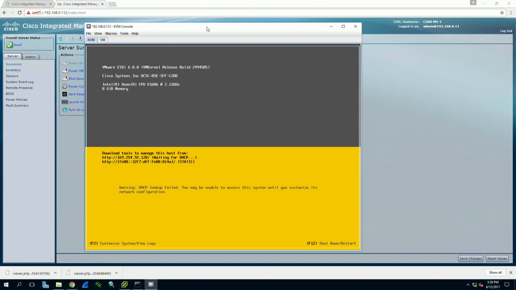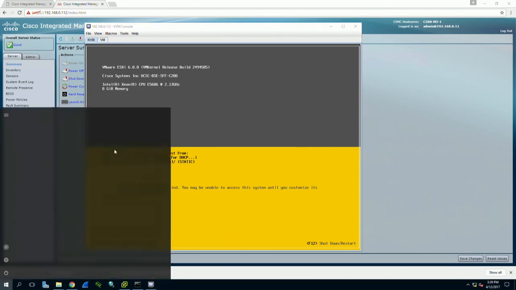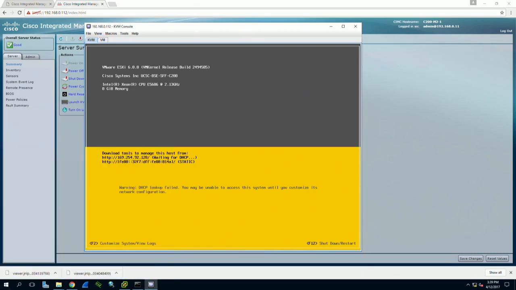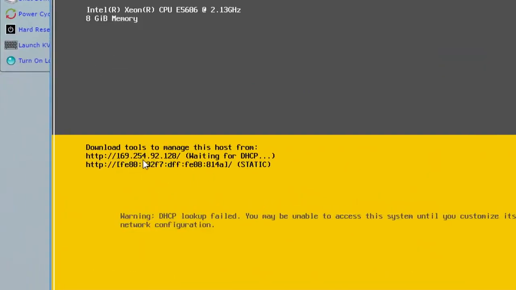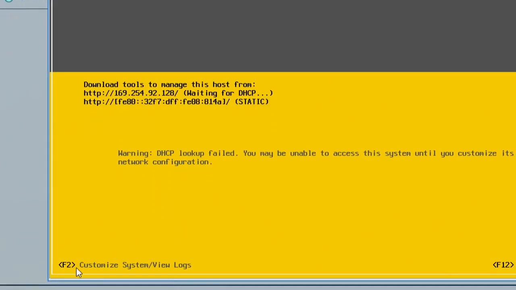Okay, so up to this point, I have just a vanilla blank install of ESXi. And you can see that the management IP address is not yet assigned, so it's getting a default link local address of the 169.254 network. So what I'm going to do is go into the network configuration, which is you hit F2,